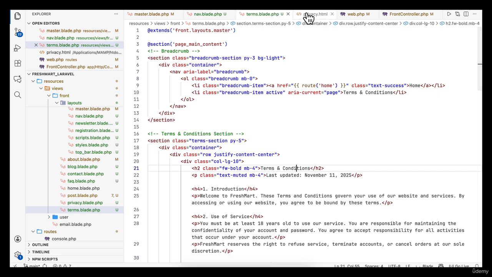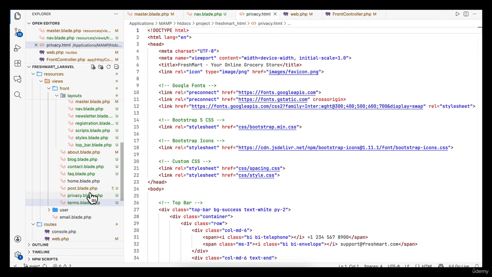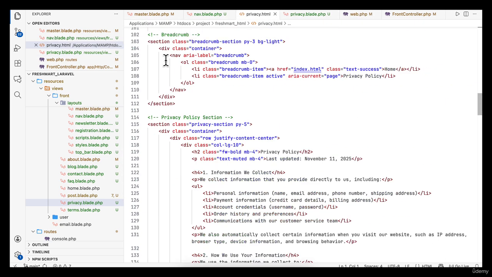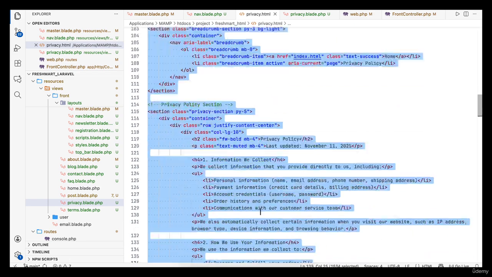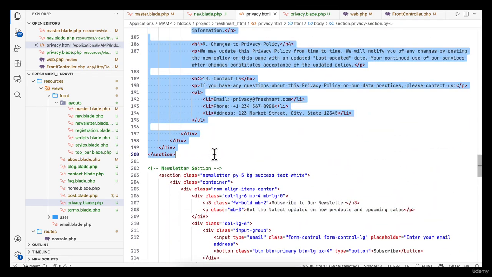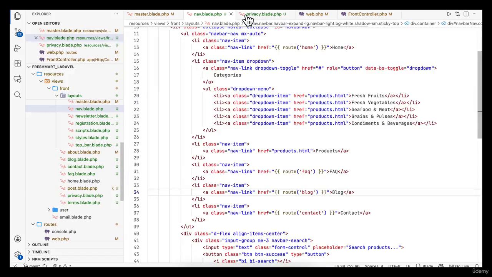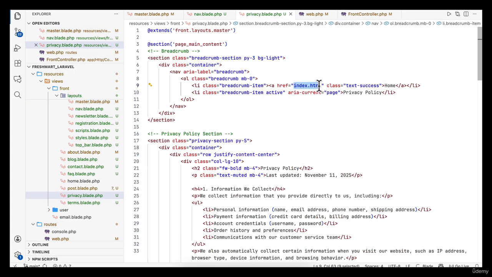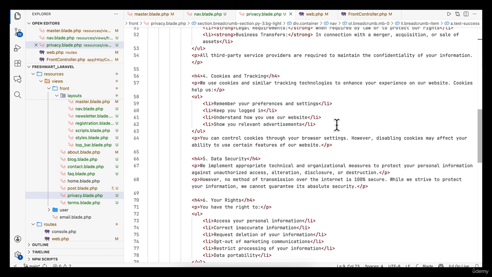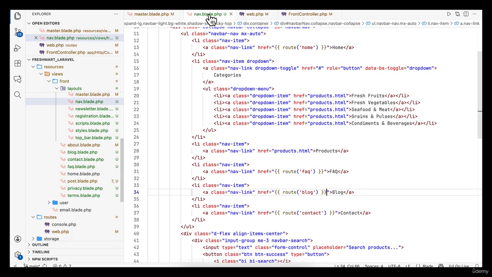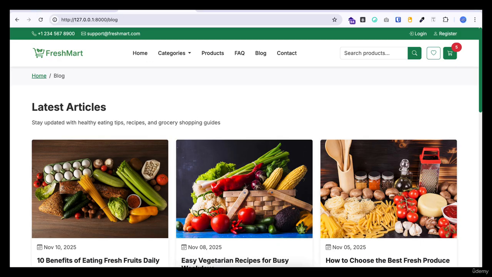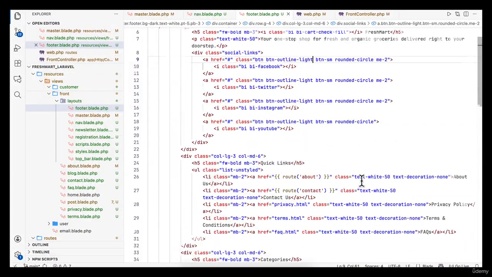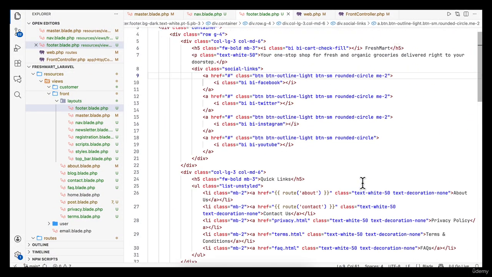So terms is done, and now in the case of privacy.html I will have to open it, and from the HTML I am going to copy the data for the privacy. So let's copy it up to the newsletter, and here in privacy.blade, I am going to paste it. And in the case of privacy, similarly it will be route home, and all the things here are okay. Now after that I am going to check it, but I will have to call the footer because those two items are linked in the footer. So in the footer I am going to check it,